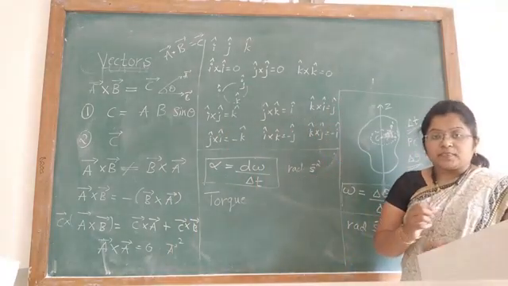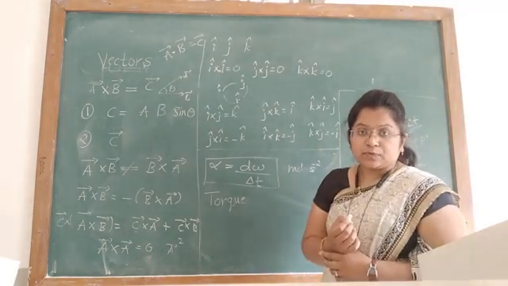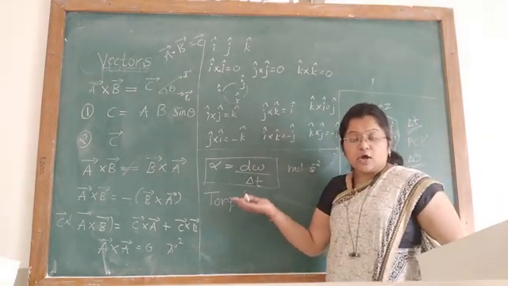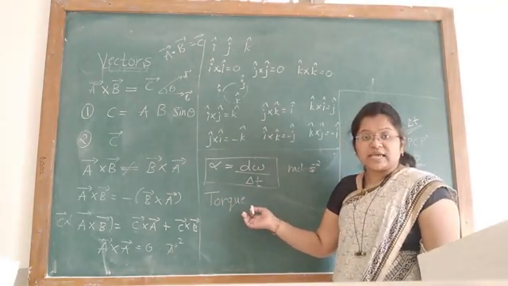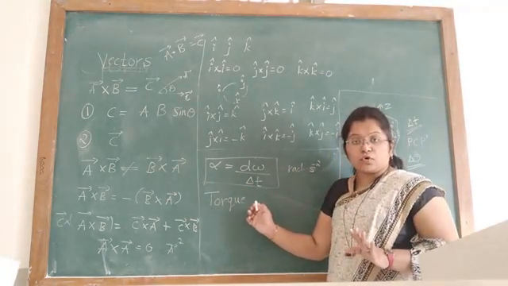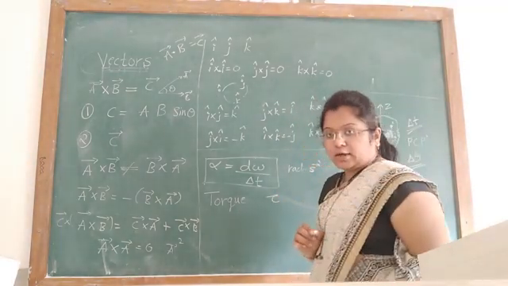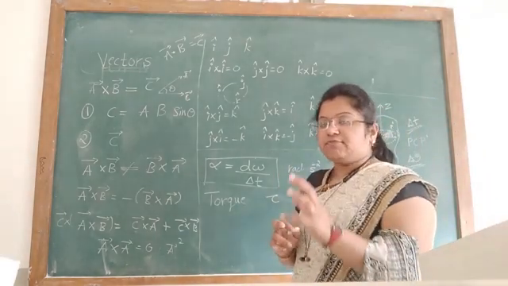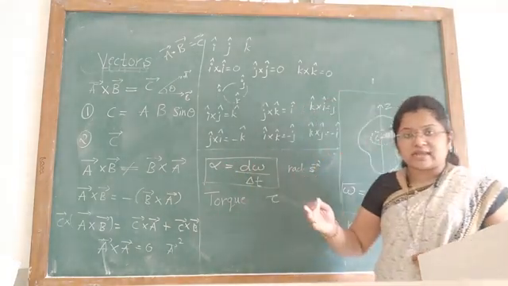Torque means the force exerted on rotational bodies, or the torque is the parameter which measures the rotational effect of bodies. So torque is the force exerted on rotational bodies, or a measure of the rotational effect of bodies. It is represented with the Greek letter tau. If torque is applied on any object, only then does the body start moving.